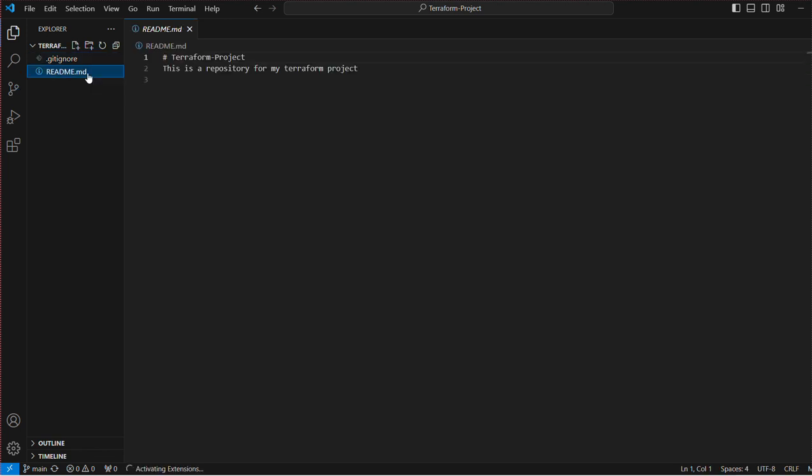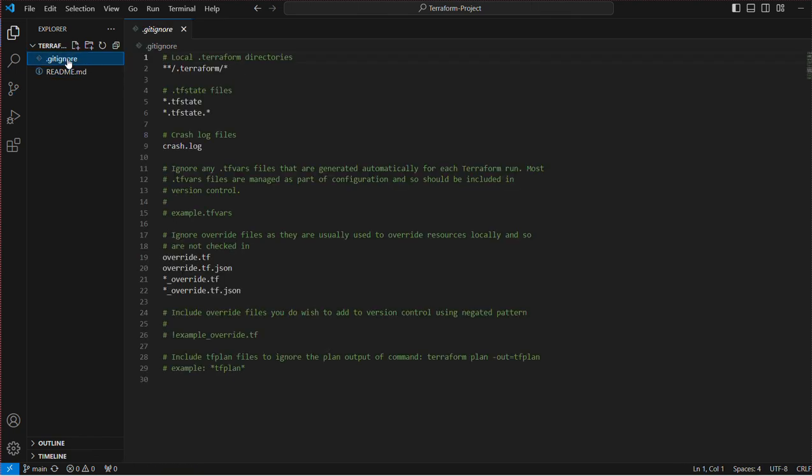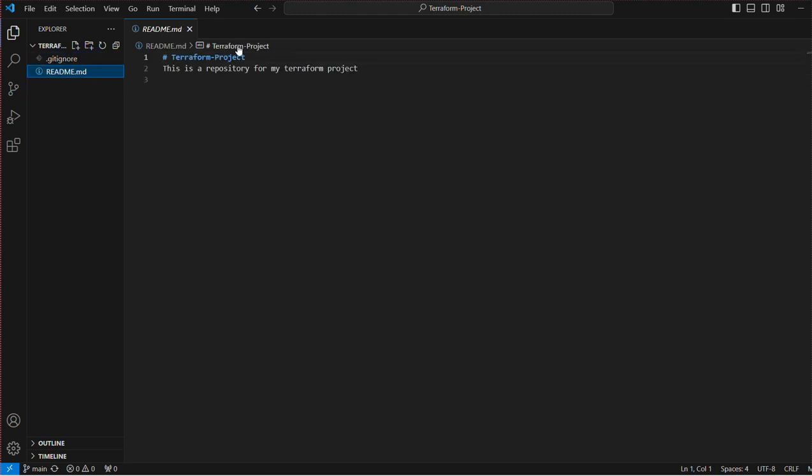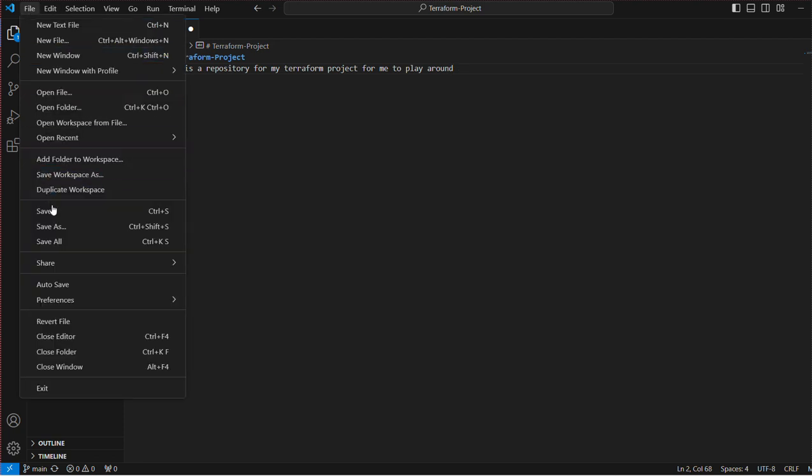So if I have any changes made here, for example, let's say in the git node, or maybe in the readme file, we have: this is a repository for my Terraform project. I can type in here for me to play around. Of course, this is for the project we have in hand, but if I make this change here and I go ahead and save,